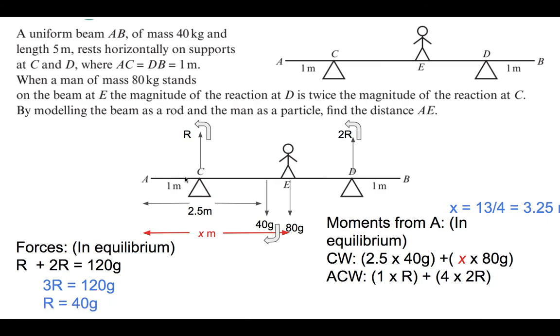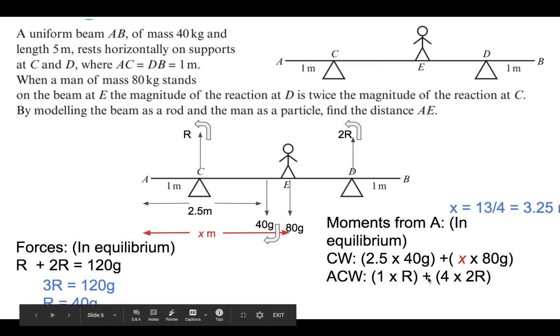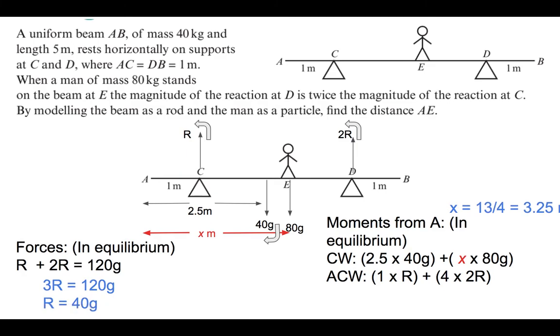Anti-clockwise, we've got 1 times R for the reaction force at C, and then for the reaction force at D, because it's 5 metres, I know that the distance from A to D has to be 4 metres, and I know the reaction force is 2R, so I've got 1 times R plus 4 times 2R for my anti-clockwise direction. Because now I know that they are equal, that gives me 100G plus 80xg has to be